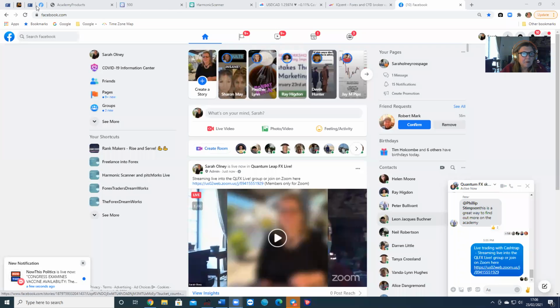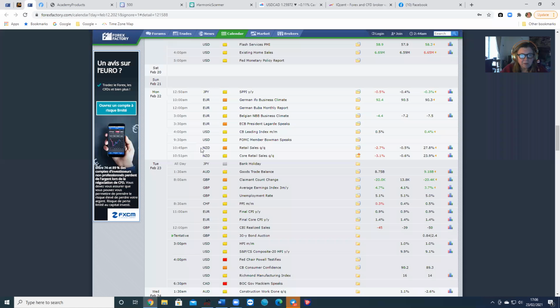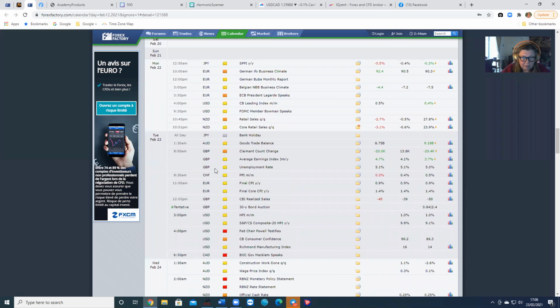And let's go over, first of all, to Forex Factory, the 23rd of Feb, and we are here. So it's a bank holiday in Japan. That can affect volume in the market. Quite a lot of yellow flag news,